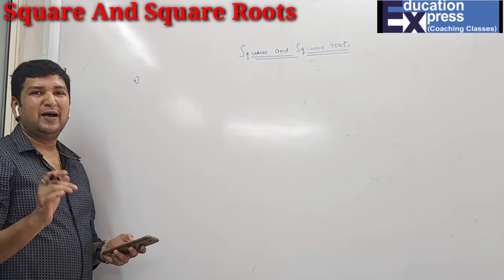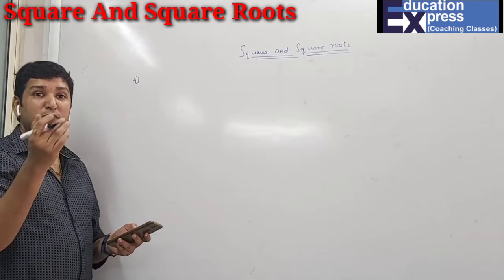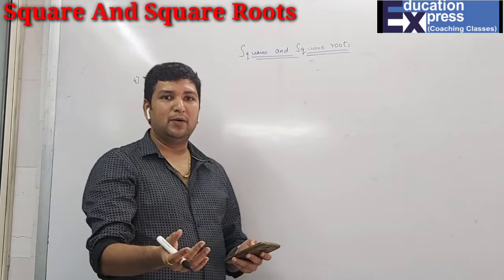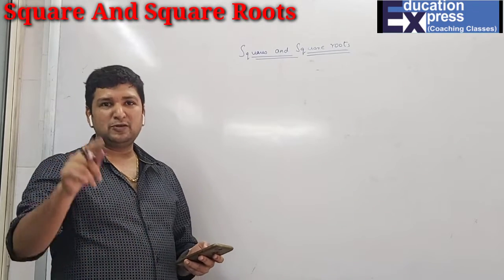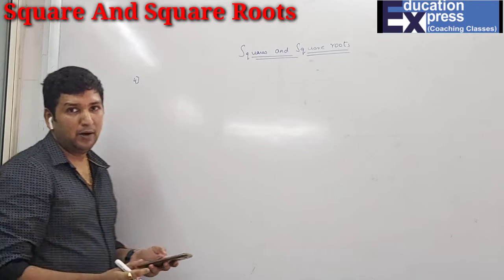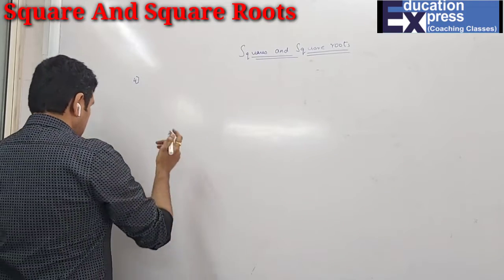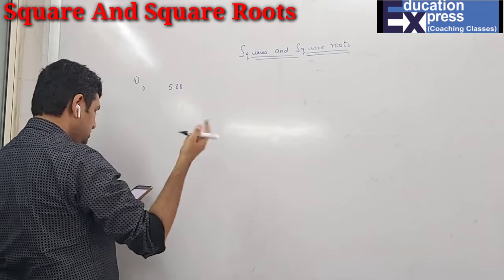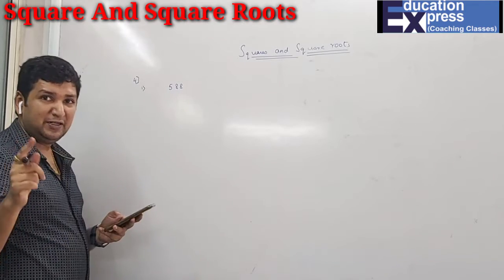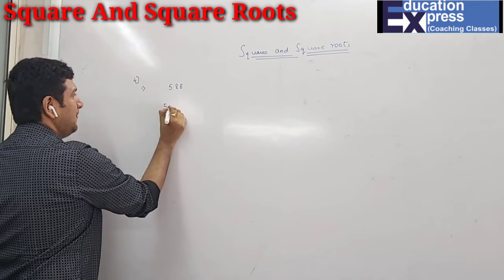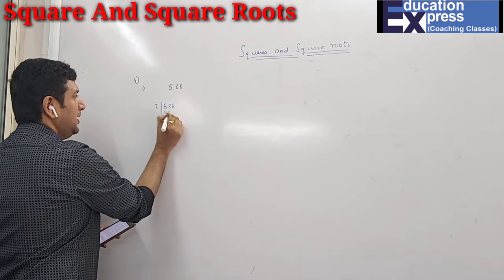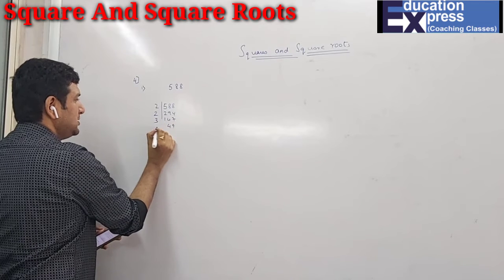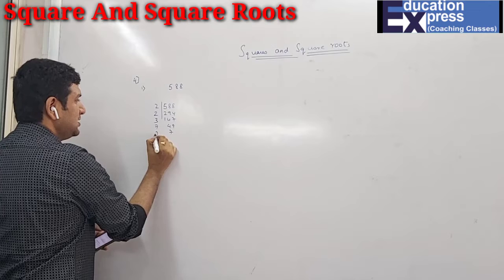Here specifically they have asked what? Just what number to multiply. That means whatever numbers they have given, 100% they will not be perfect squares. We have to multiply a certain number to make it a perfect square, and after making it a perfect square we also have to find the square root. Start with the first sum, 588. As students you can see the last number is 8, so obviously not a perfect square. We'll find now. 2 294s, 2 147s, 3 49s, 7 7s are 49, 7 1s are 7.